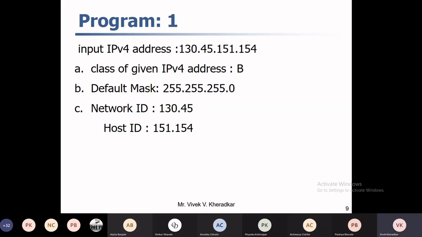This program is based on the classful. So tell me, 133.45.155, this belongs to which class? B class.